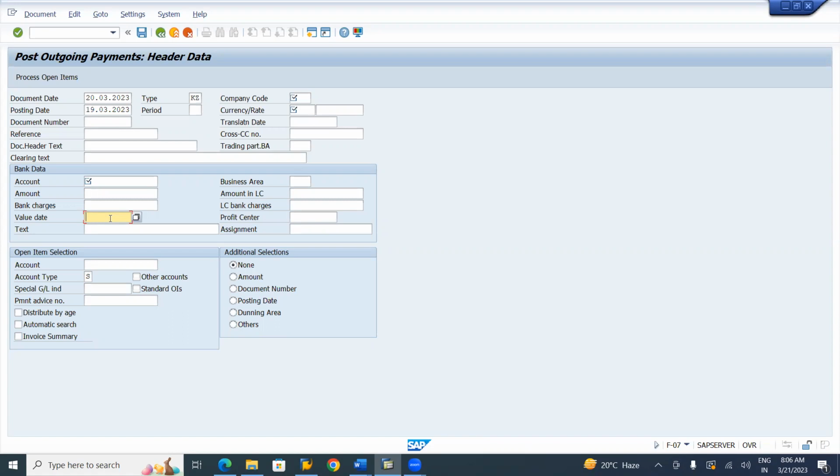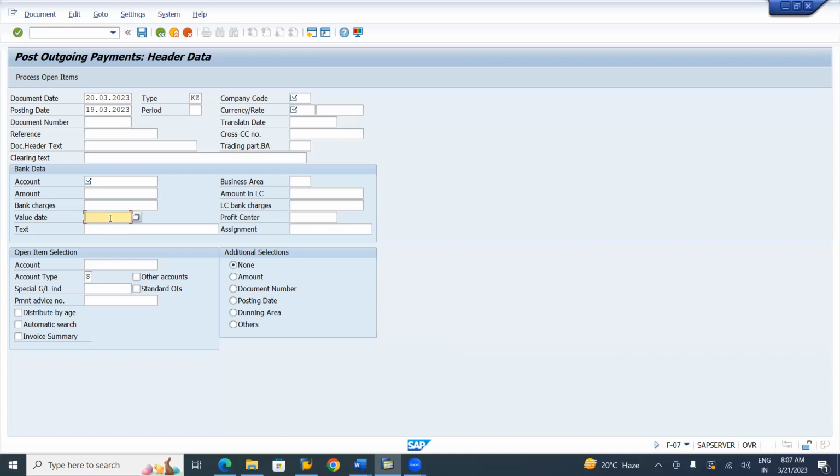Write down value date. This date will be used to capture